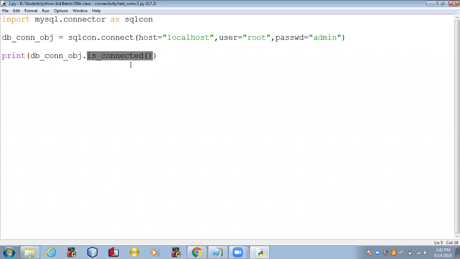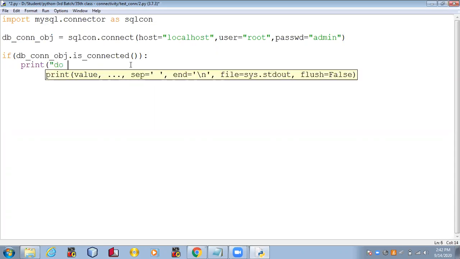So the best way is, for example, if db.is_connected(), then do your queries or transactions related to the database.